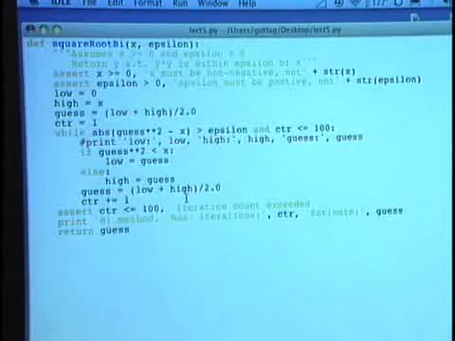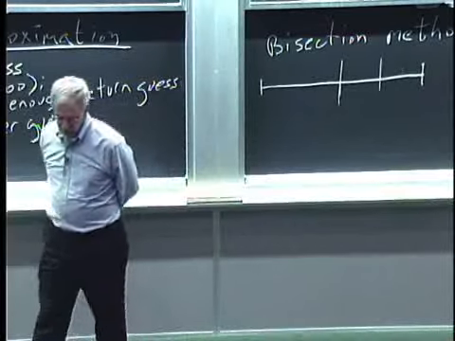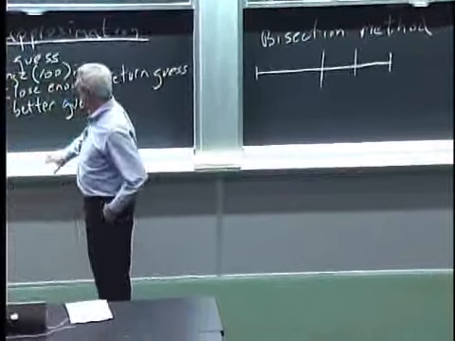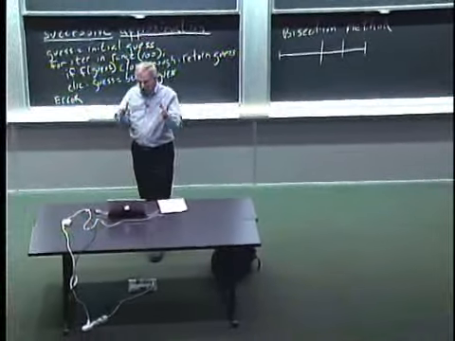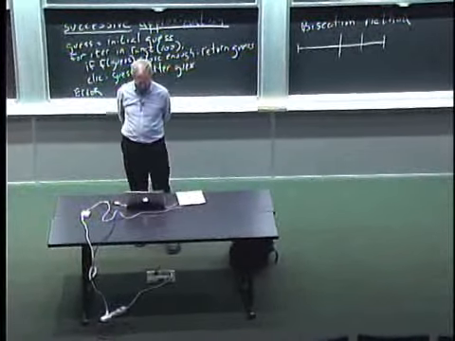I'm just trying to make sure that I cover the space. Then I'll start with a guess. And again, I'm not going to worry too much about the guess. I'm going to take low plus high and divide it by 2. That is to say, choose something in the middle of this space. And then essentially do what we've got here. So it's a little bit more involved here. I'm going to set my counter to 1,